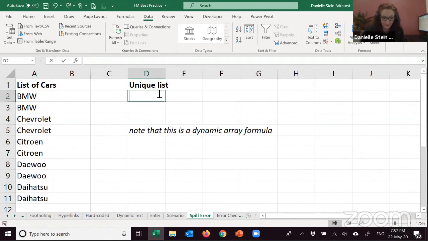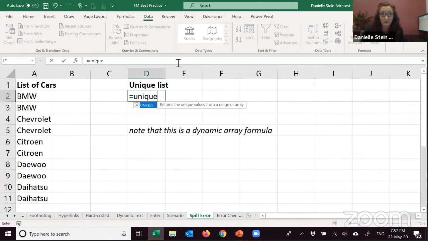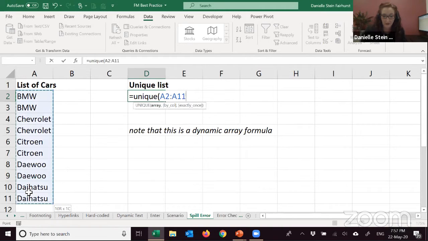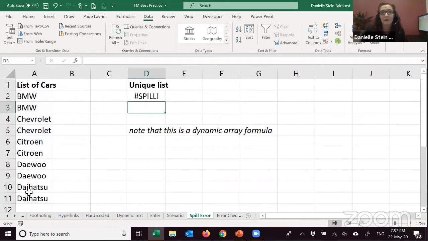I'm going to use one of the new formulas called UNIQUE, and I'm going to highlight, and that is, oh no, it's not. I'm going to get a spill error. The problem with that is that it's a dynamic array and it's trying to copy the same formula all the way down, and there's something in the way.